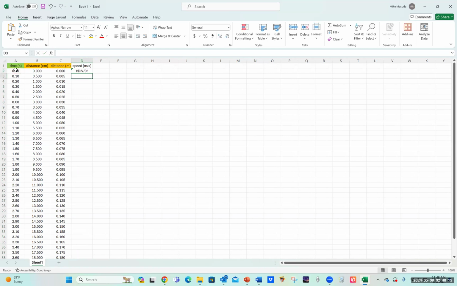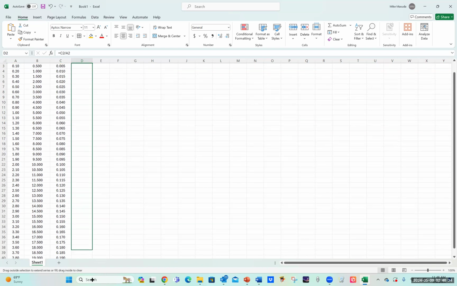Then we hit enter. Now, the first term here says divide by 0. It'll do this as a warning because obviously you're taking distance, which is 0, divided by time, which is 0. So you're going to end up with a weird undefined value there, all right? But let's go ahead and take this and continue downwards this way, all right? We don't have to use the first data point